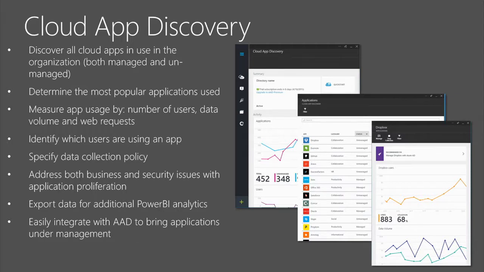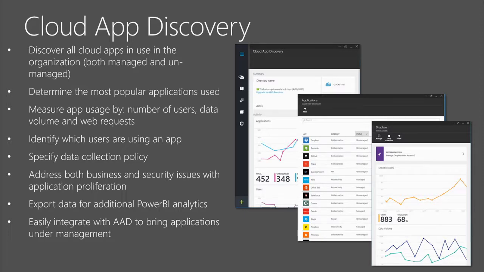But then you end up on the business side: who's using the apps, what kind of licensing use cases we have. It's amazing that oftentimes this is brought up because there's a security issue, but the benefits can be from a productivity and business standpoint as well. It's obviously very simple to export this to Power BI analytics, as well as take advantage of the built-in analytics in the tool itself.